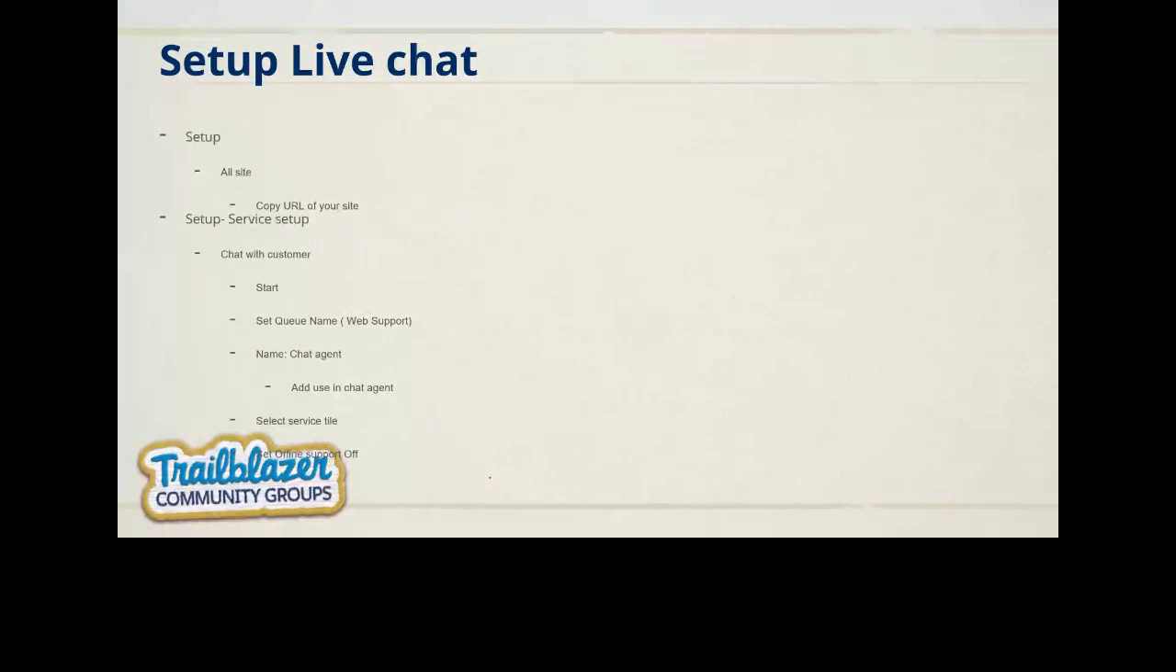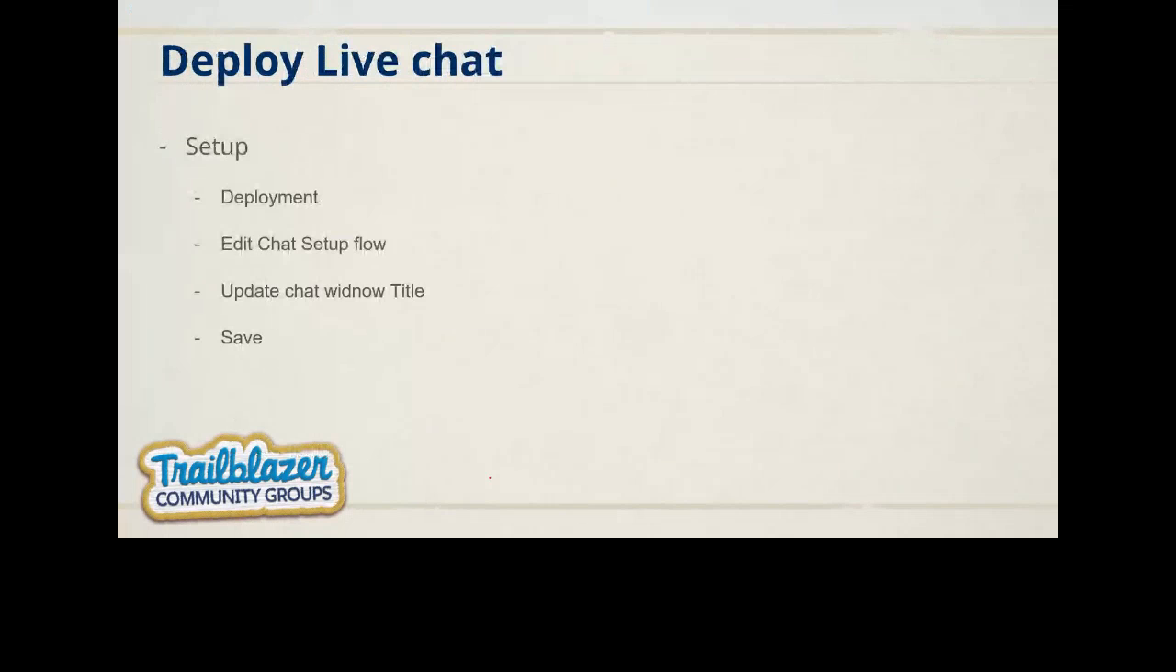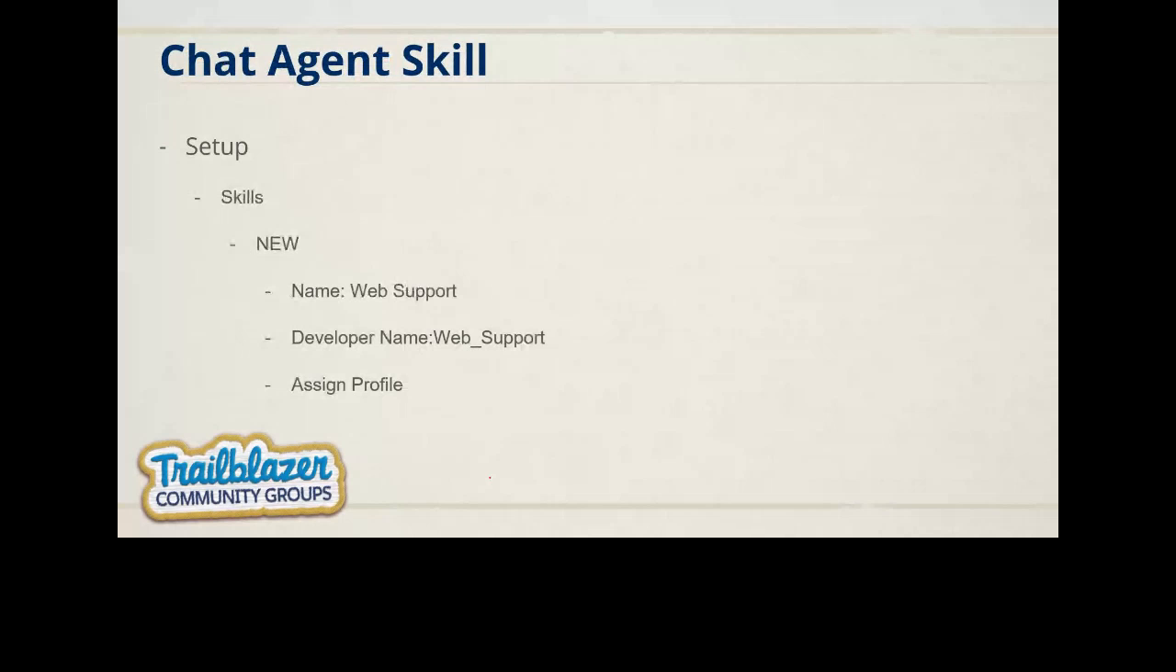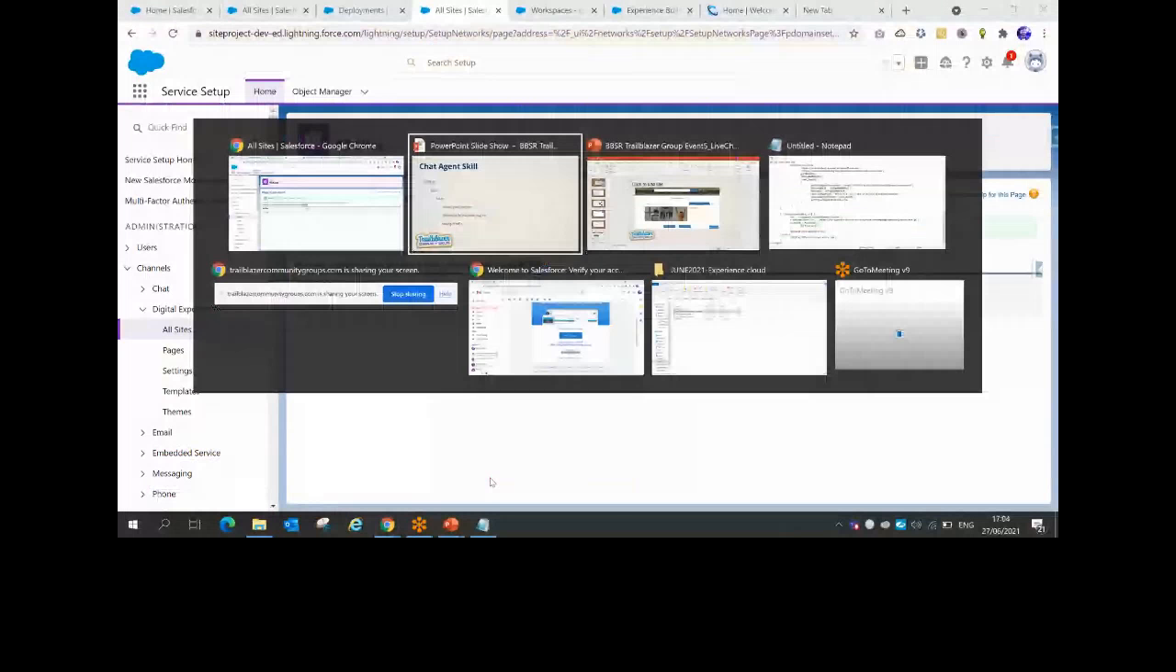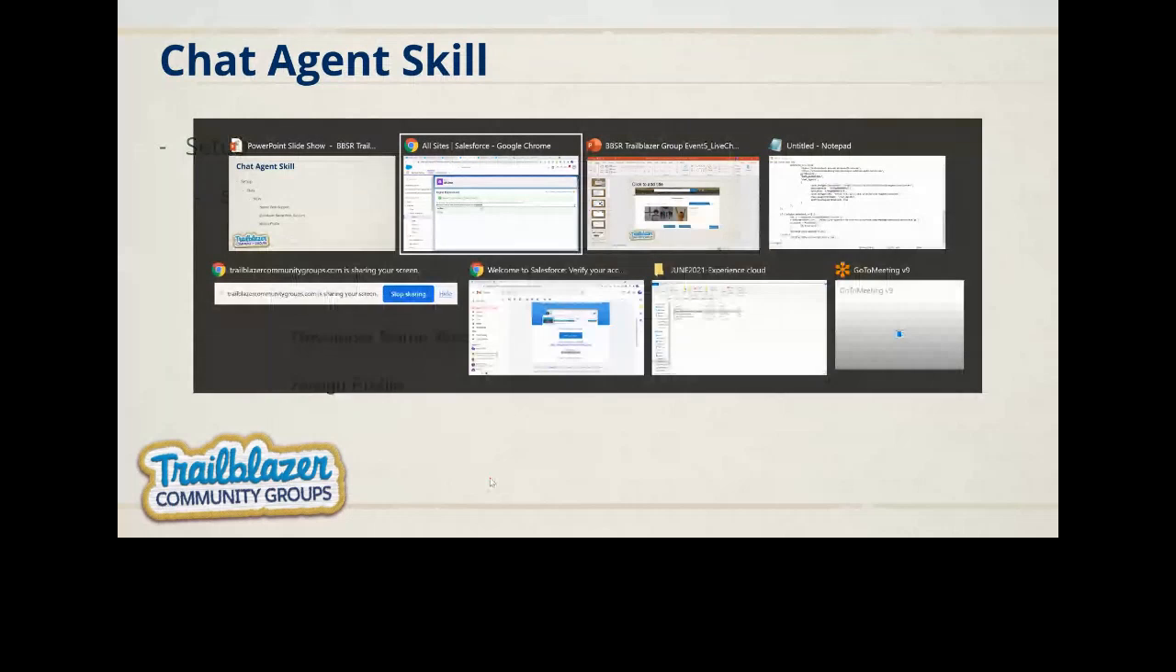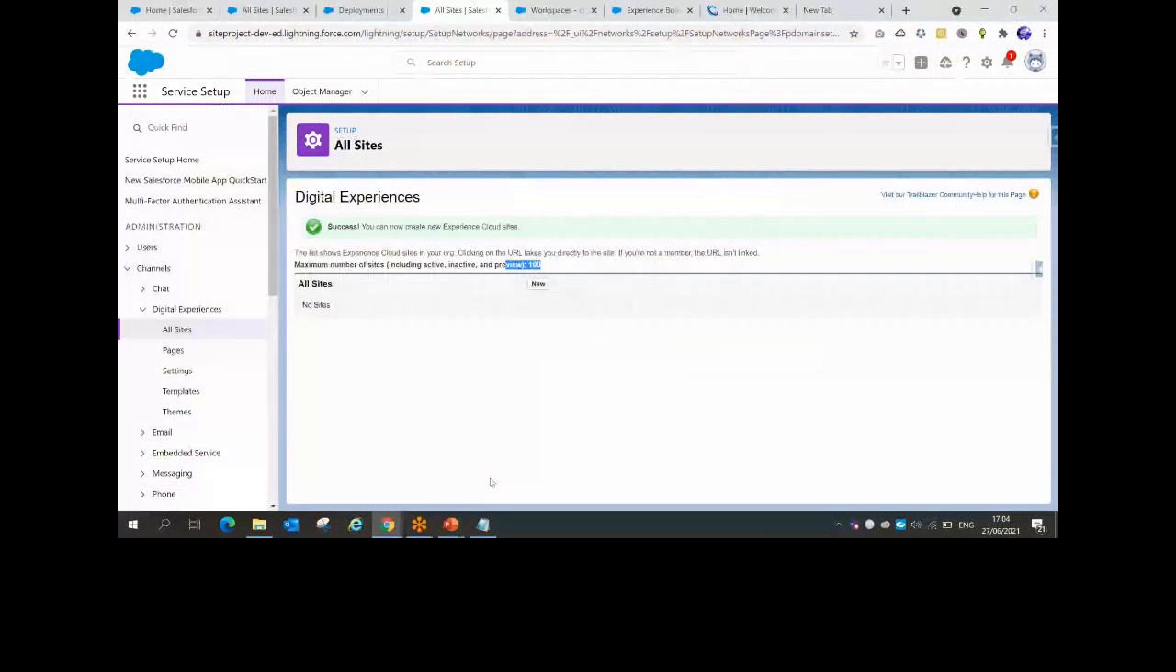So we're done with the setup of live chat. Okay, then we see how live chat is deployed. Then we talk about chat agent skills. So we're going to configure the skills here. Okay, so when I say skills, it's nothing but what type of chats I'm going to assign to whom. So to do that, skills are nothing but the area of expertise we can assign to